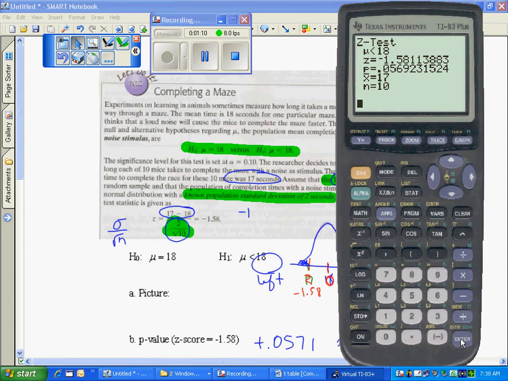Mine's a little different because we had rounded that. You probably don't want to round always because it's going to throw off that p-value. It may actually cause you to reject or accept depending on the roundness. Okay, let's try the other problem that we just did